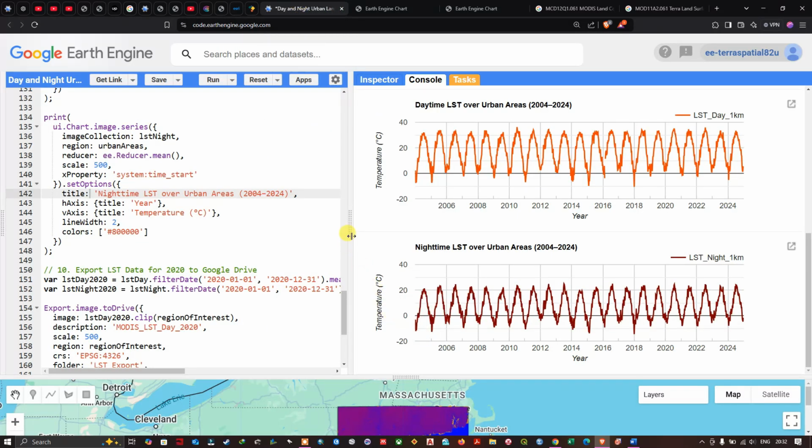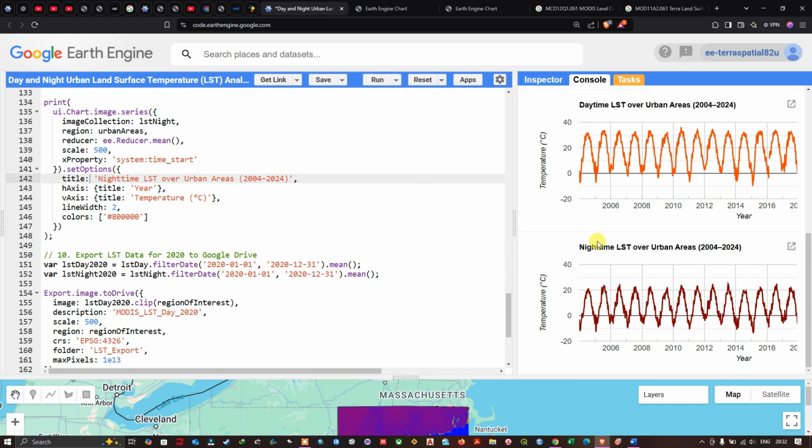So in the next step, we're going to export this LST data. For example, I'm going to export the 2020 LST dataset to my Google Drive. To export this particular year, I've mentioned 2020. In case you want to export a different year, you can change the year here. For example, if you want LST of 2025, you can mention the year 2025. For this example, I'm going to export the land surface temperature data of 2020